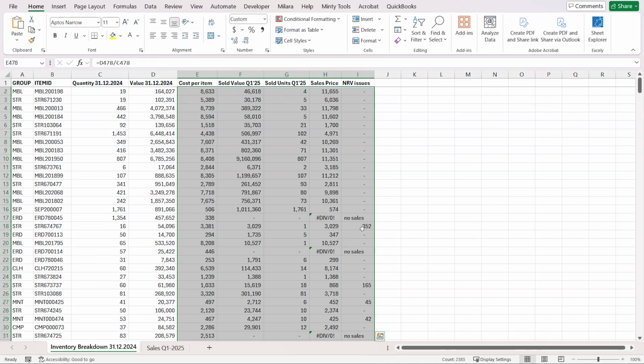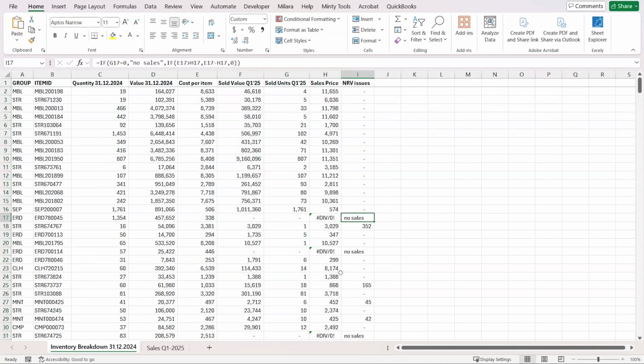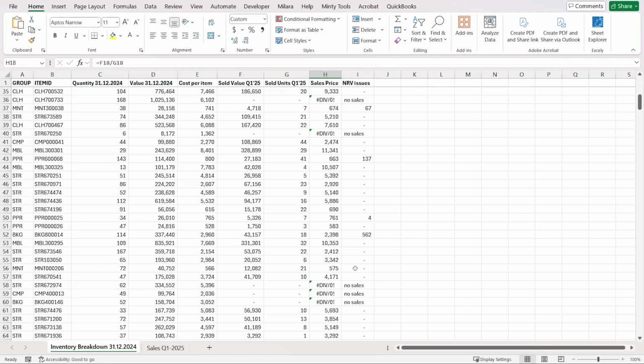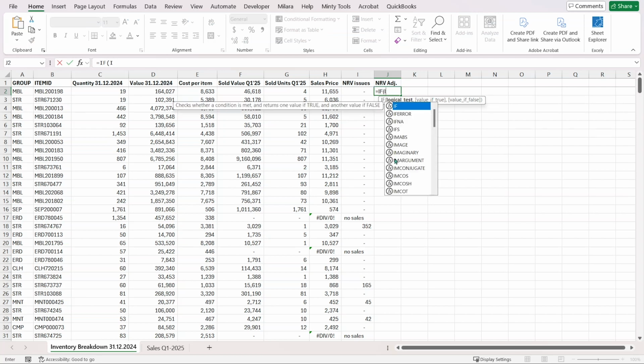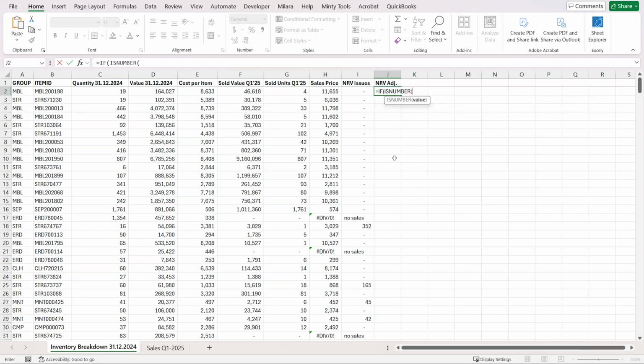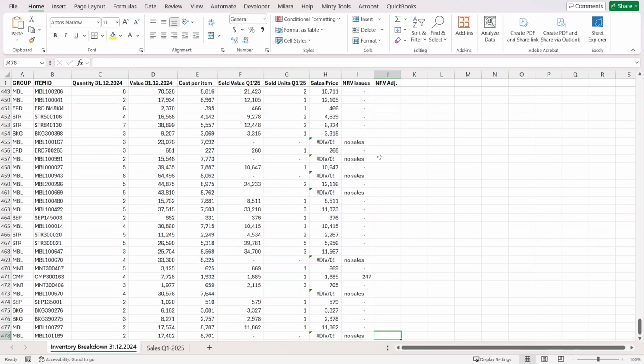All the way down, you see here we have some that have no sales, and we also have some where the current value is above what we were able to sell them at. Let's calculate our NRV adjustment, and this is going to be if is number, this here, the NRV issues, then we want to grab this multiplied by our available quantity, because this issue is per item. Otherwise, we want 0. Copy that down,